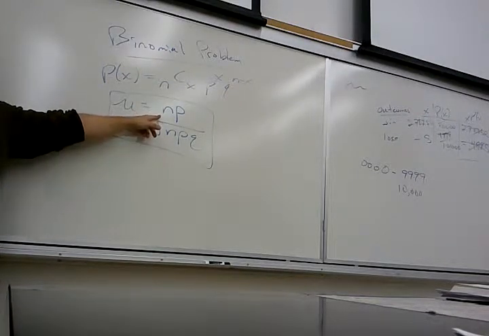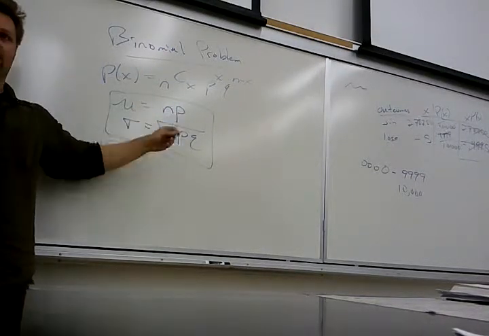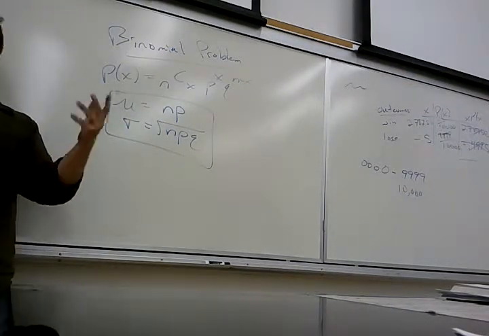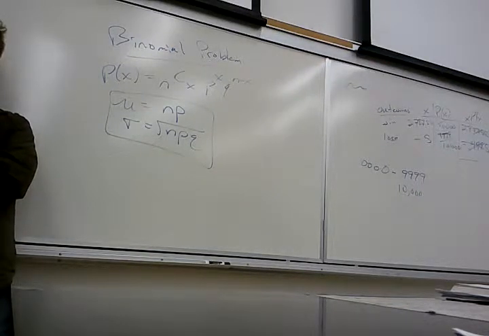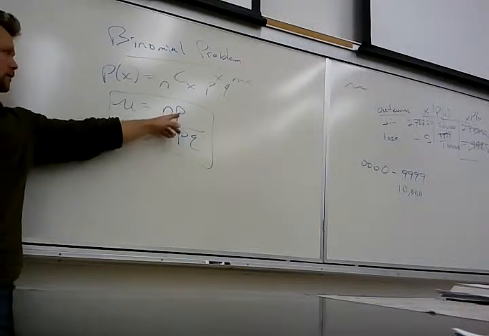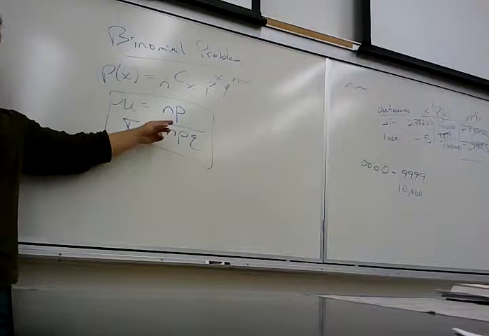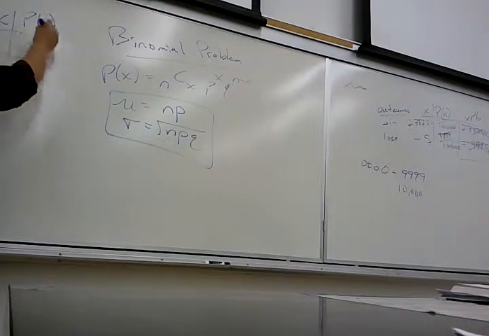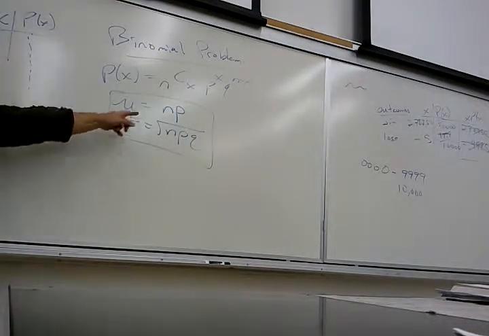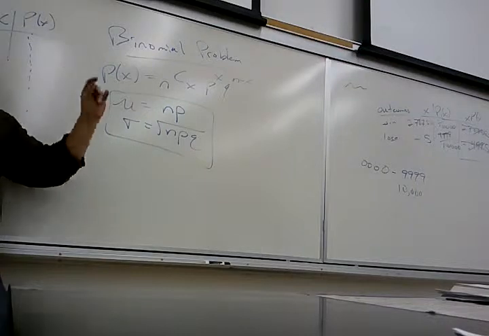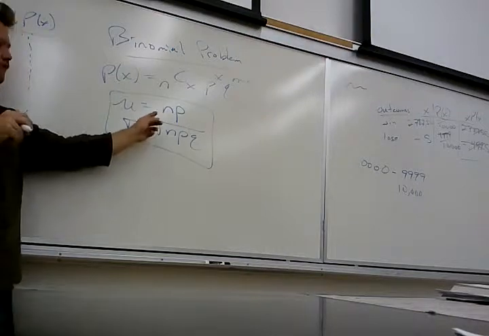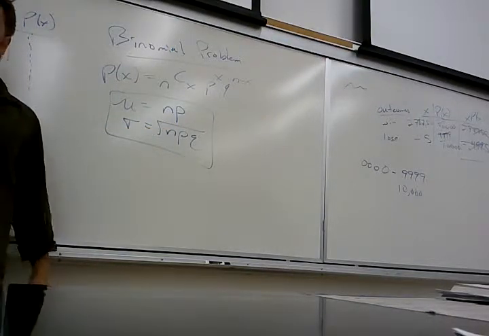But why won't it work for anything else? Because I can't identify p for everything else, right? For a binomial problem, they're going to tell me straight out, 89% of people like to eat ice cream. It's probably less than really true, but anyway. There you go, they tell me p. And then I pick 30 people, there's n. Sweet. But if I have this other situation, p will keep changing all the time, won't it? I can't use this formula then. So that's why we have different formulas based on the situation I'm in. What's the best formula for that situation? That's what we use.